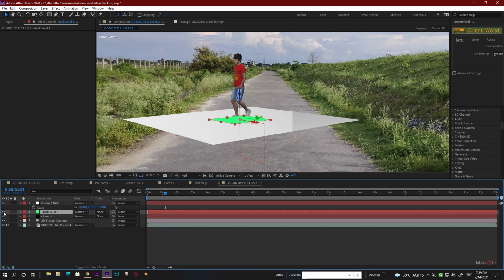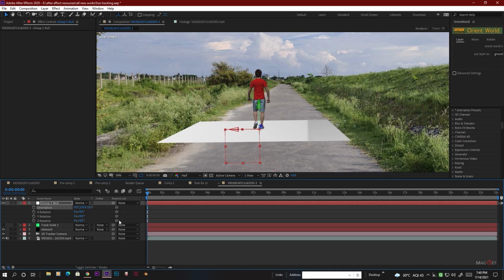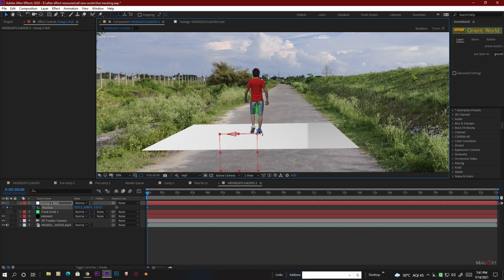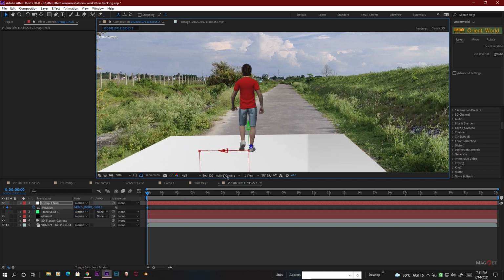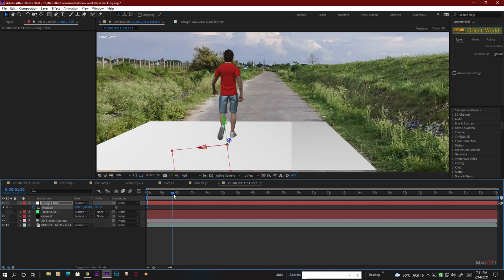Okay, first we uncheck or hide this solid that we just created. So let's rotate our character. Go to the orientation and rotate it like this, and then press P to bring up the position values, and first we make a keyframe here. Okay, and first we select this Z axis and bring it close to the camera, or you can place it here, and then we go for the frame